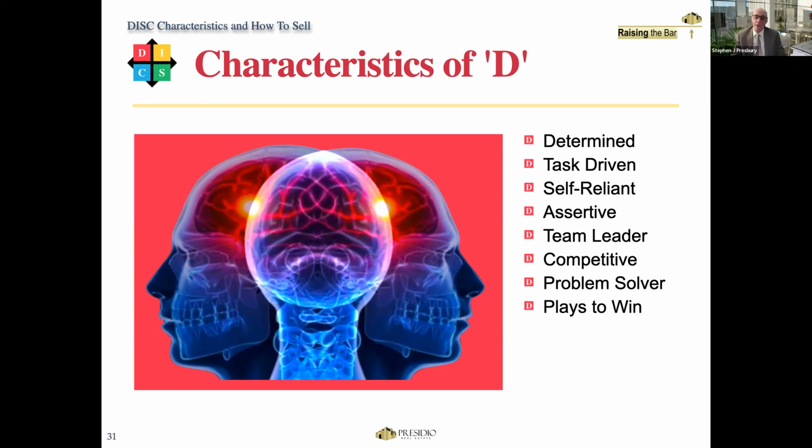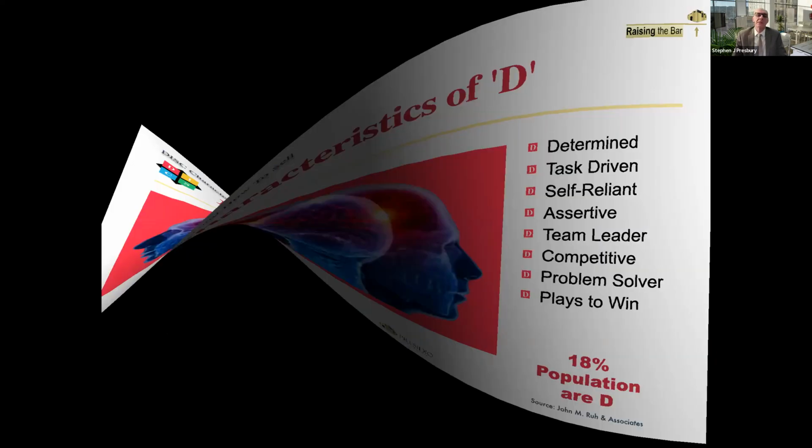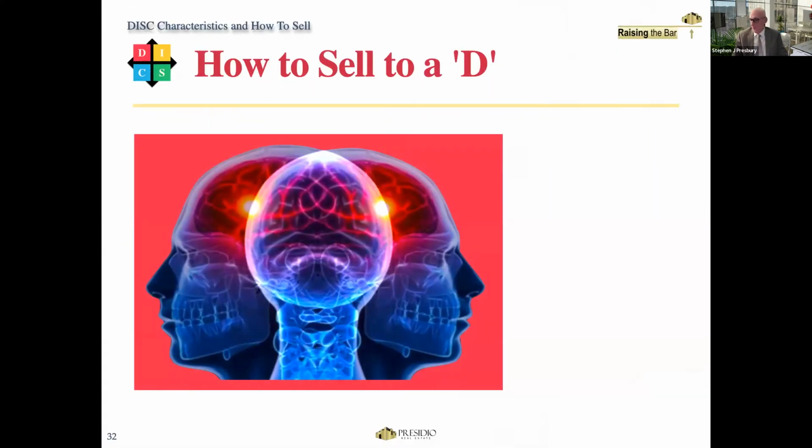As I was growing up, and when my children grew up, we'd always be playing games, and they're all competitive. I used to say that there is going to be only one winner in this game. The rest are going to lose, and they say that's okay. Let's just play again. If you are competitive, I'm a big believer: get through as many games as you possibly can. About 18% of the population are D. All right, 18%, so not many. We'll look at some of the stats over the past 30 years a bit later on, but about 18% are D. So let's talk about how we might sell to a D, all right?